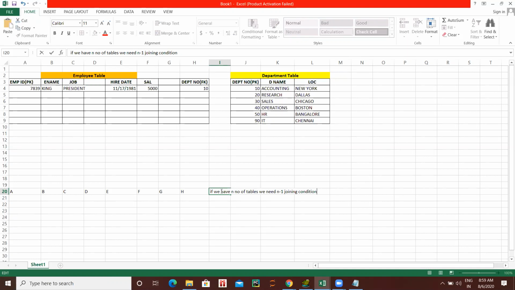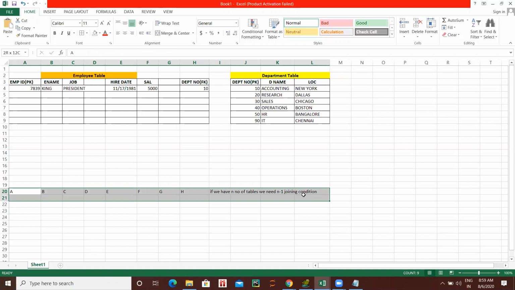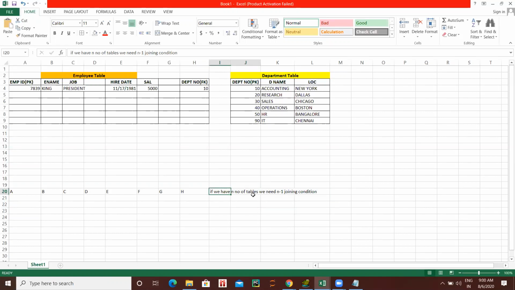Okay, perfect. Just highlight it, make it bold. Control B. Not everything, just that sentence only. Select. This is one cell only, not so many cells.